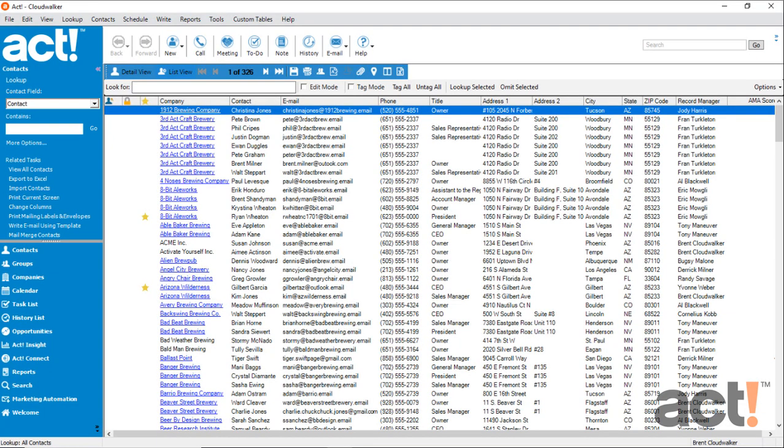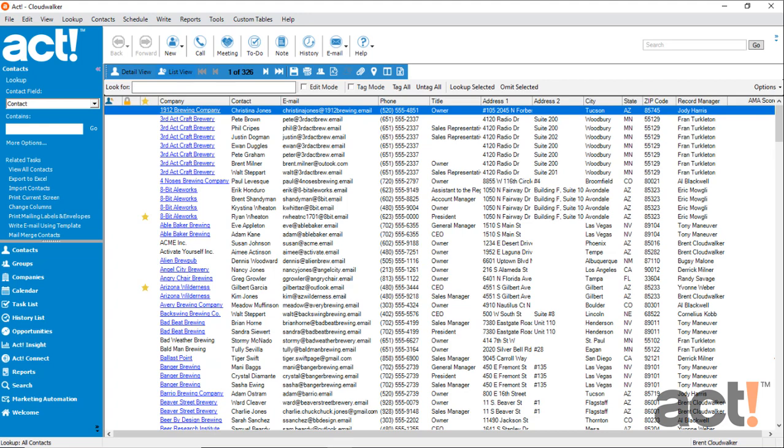It's a good idea to back up our ACT databases often. This prevents the loss of crucial data due to hardware failure or other unexpected calamities. One easy way that I can do this is to set up a nightly backup of my ACT database. So in this video, I want to show you how to use the ACT scheduler feature to schedule automated recurring